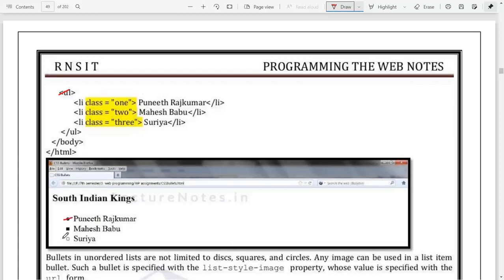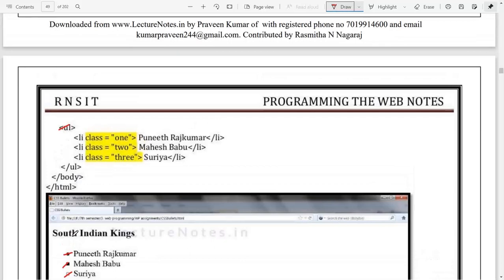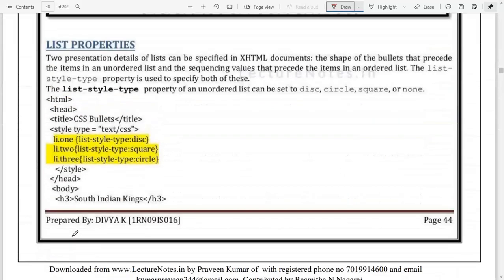Now for this list, if you want to apply some styles, we'll be using the property called list style type, where you mention the type or style of the list.